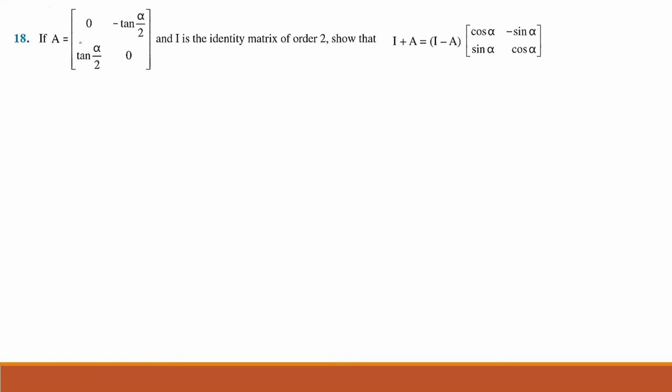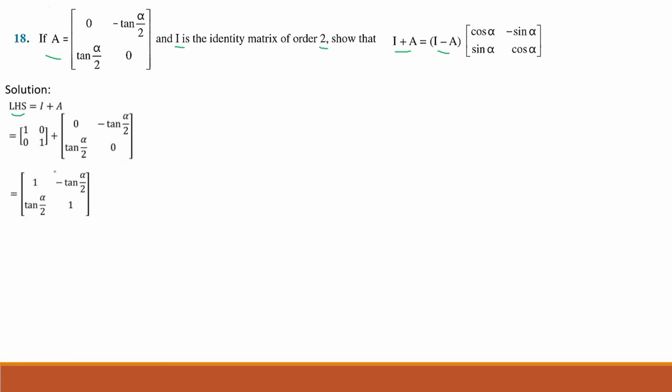So for the 18th problem we have given a matrix A and I is the identity matrix of order 2 and we have to show that I plus A is equals to I minus A into this matrix. तो अब हमें ये शो करना है that LHS is equals to RHS. So first we will take LHS I plus A. तो I identity matrix है order 2 का, A भी एक 2 by 2 का matrix है and the answer will be this. Simply हम इसको ऐड करना और कुछ इसमें है नहीं इतना।